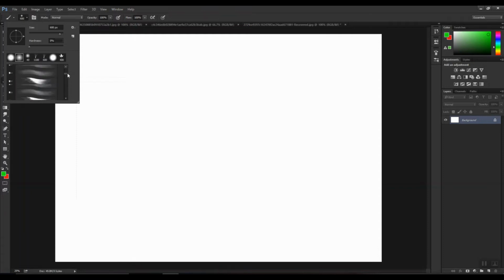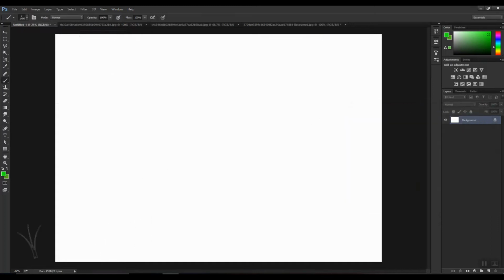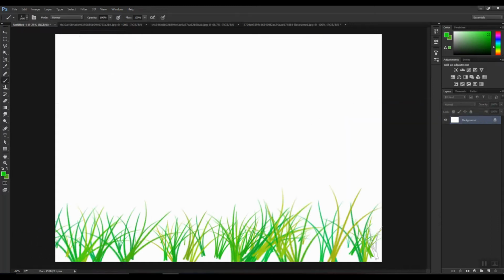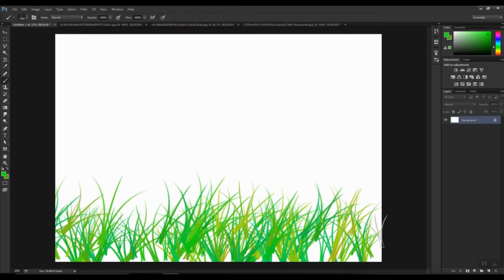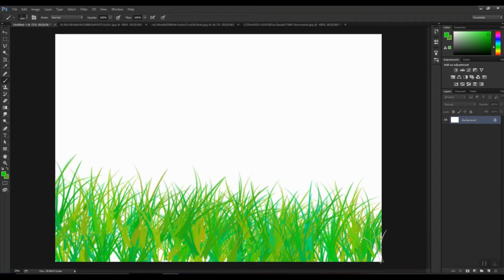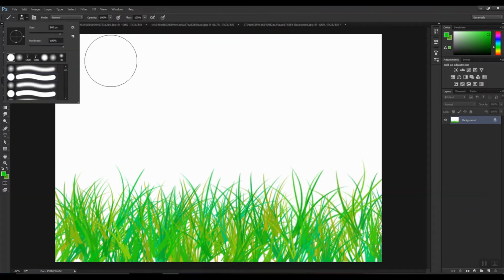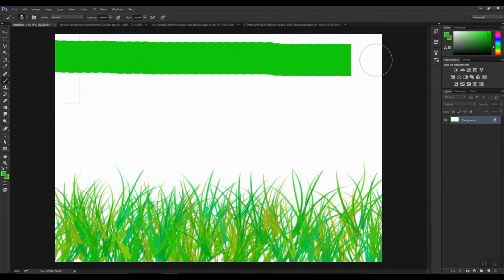For example, let me say I'm selecting this grass, change this color to dark green. Now if I drag my mouse, you can see it has merged both the colors, the foreground and the background color, and has created a variation of both the colors. So this is only applicable to some of the tools, not to all. If I select this particular stroke, it will only give me the color which is selected in the foreground. So that's the only thing which you need to know about brush strokes.